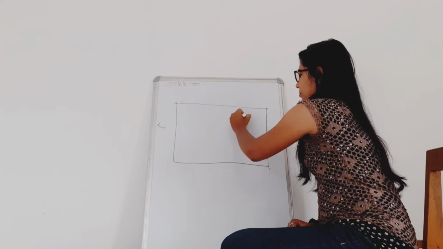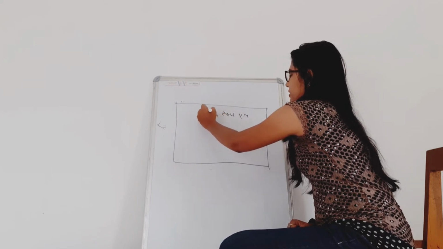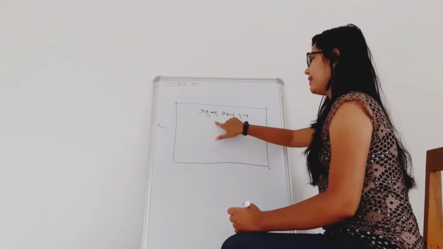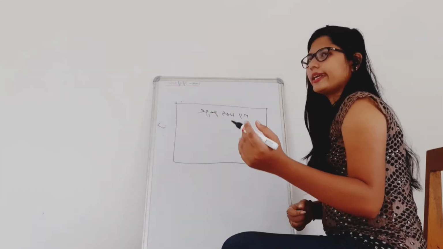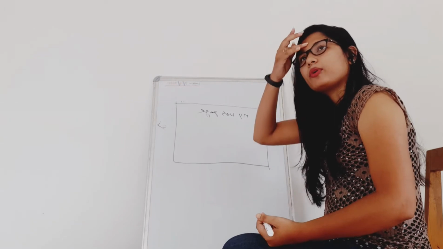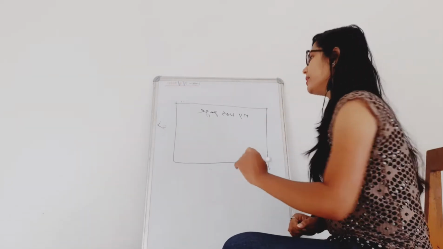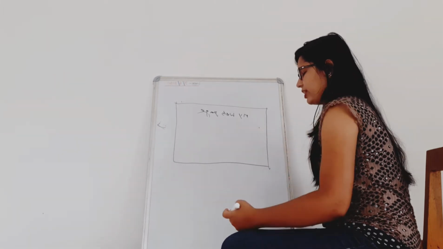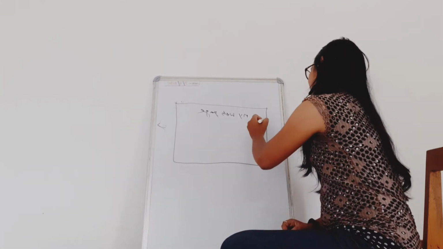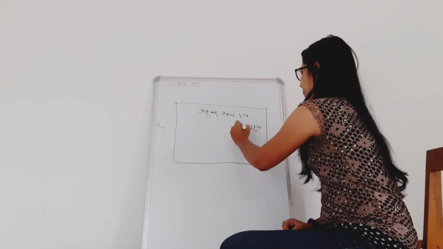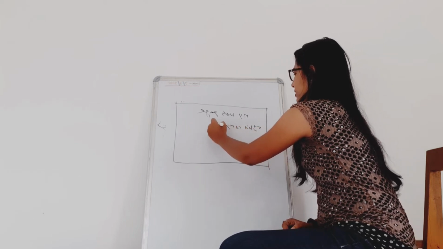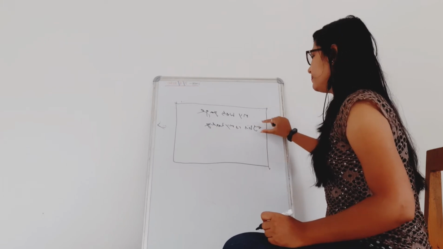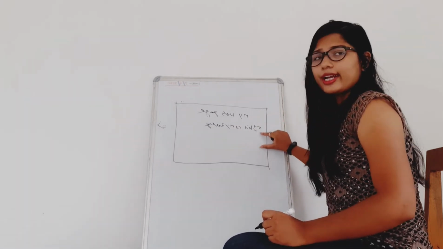Suppose my web page title is "My Web Page." I write it here. This is my title, and it is shown in the title bar. After the title, I write the body part. For the body, I am taking a heading one. Sorry, I erased this. So I write here the heading: "This is my heading." This is the heading part. This is the title part. And next I will write some paragraphs.